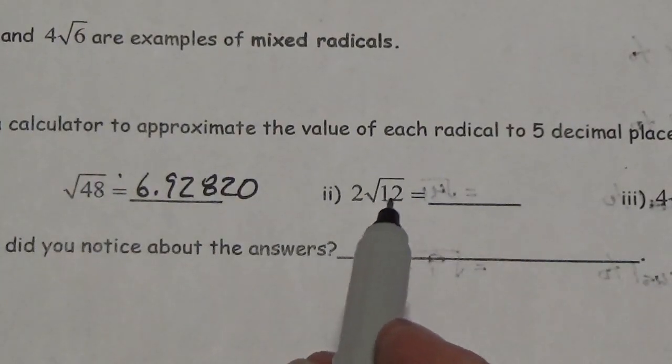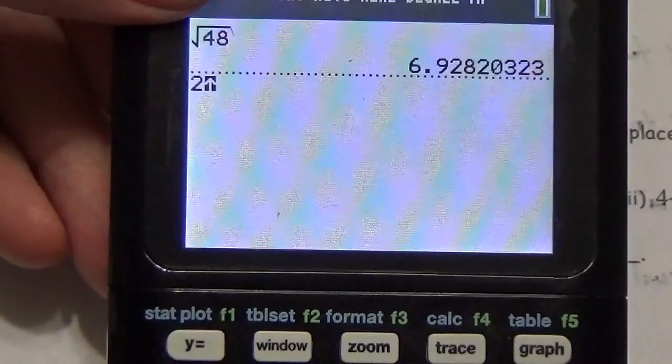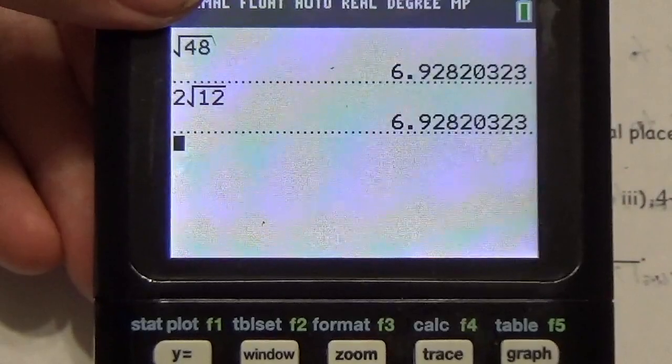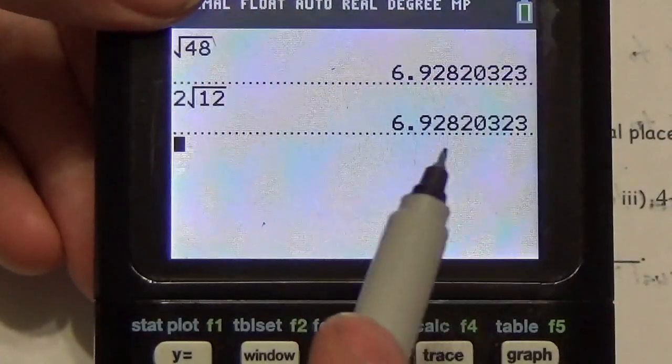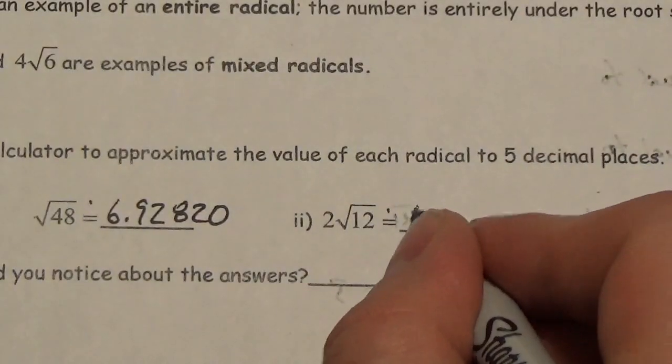Here, 2 multiplied by the square root of 12. Okay, 2 multiplied by the square root of 12. Oh, look at that. It's the same number here. Okay, so, well, just easy enough to copy that over. So